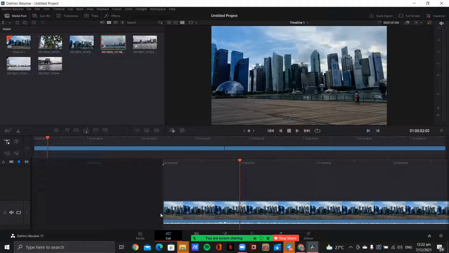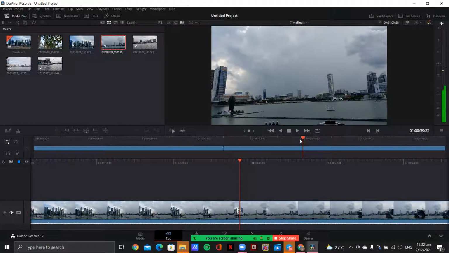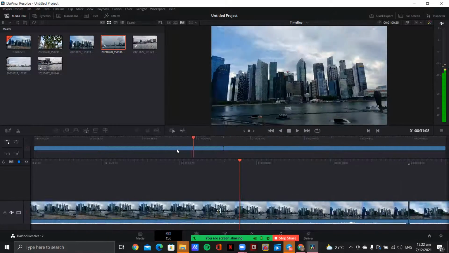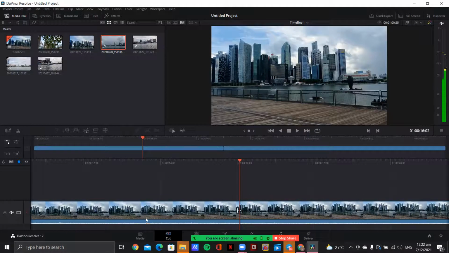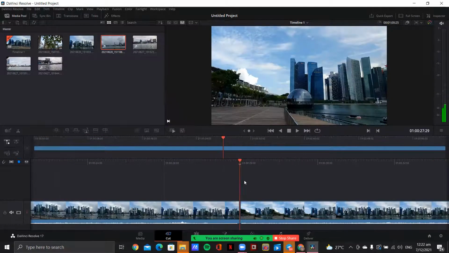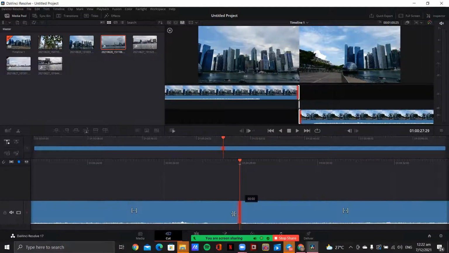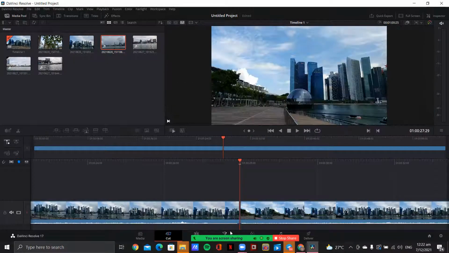Okay, but this only works if it's, let's say, at the start or at the end of the clip. So what I mean by at the end of the clip, right? Just now what I demonstrated was at the front of the clip by dragging. So next, you want to cut from the end of the clip. Sometimes towards the end, you might feel like there are extra things, right? Then I will just go to the same video clip, for example, this one, right? Let me go to here and then I'll just drag it. I will just drag the thing, okay, and I will just cut it, okay,